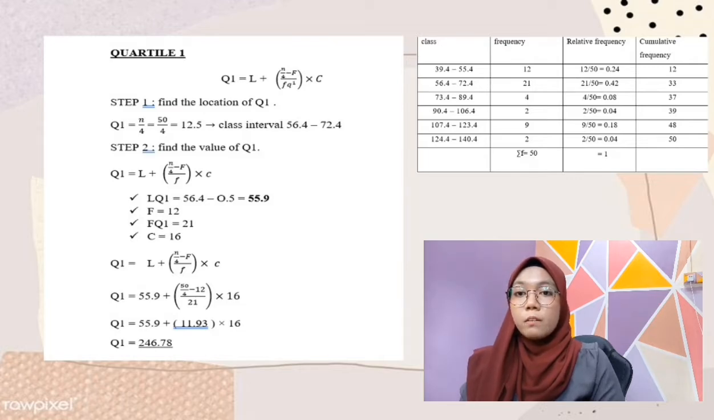LQ1 is 56.4 minus 0.5 equals 55.9. F is 12, FQ1 is 21 and C is 16. So we calculate using the formula, and the answer for quarter 1 is